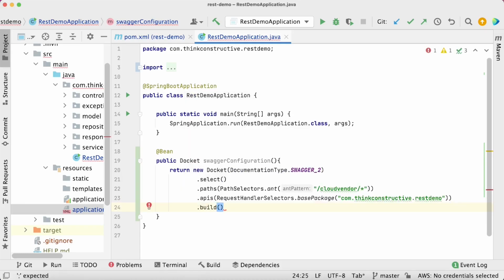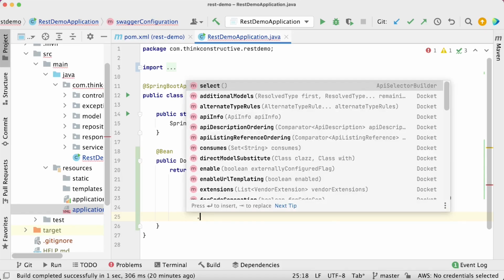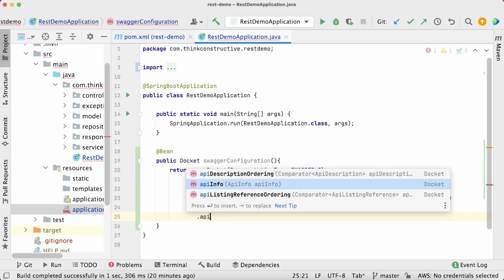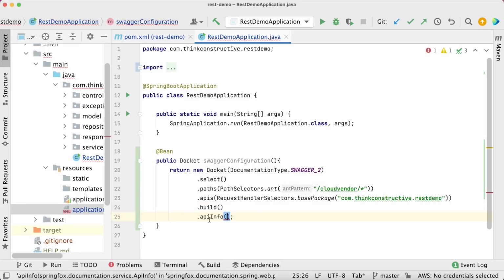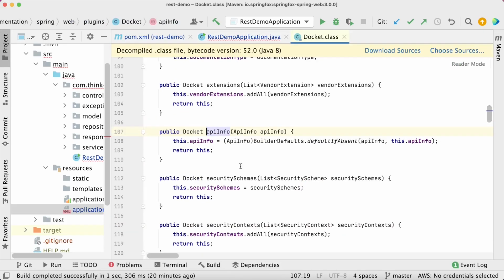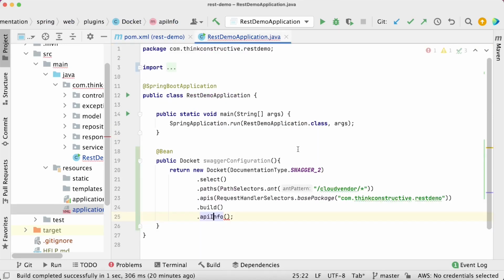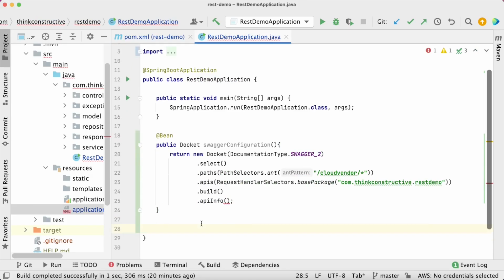Now, after building this complete response, I should be passing the API information, like what should be its headline, what should be the license value, what should be the email IDs, all those kinds of things. That can be done with the help of API info. Okay. This apiInfo is expecting an ApiInfo object. So let us build that object down here itself and pass it.